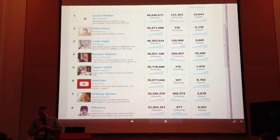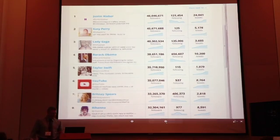46 million people, probably all about tween-age girls, right? Following Justin Bieber. He has tweeted 24,000 times. He's been on Twitter for 5 years, so that's roughly 24 tweets a day. So every 30 minutes, you're getting a tweet from Justin Bieber. And that needs to be tracked, right? That needs to be analyzed, and we have to have big data analytics to tell us what Justin is doing